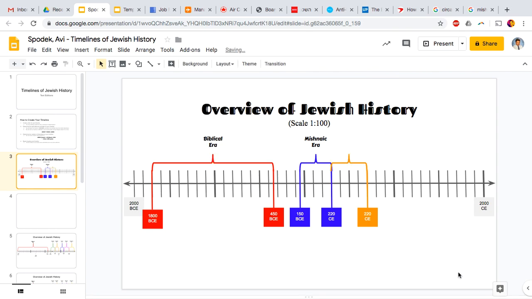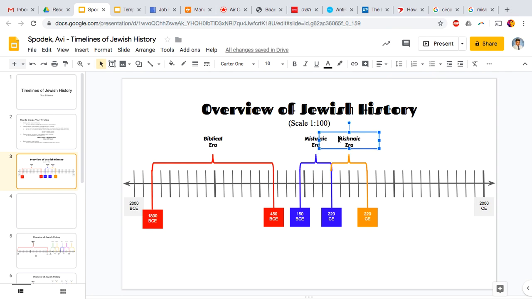And now you see the next era, which is the Talmudic era. So copy and paste, move this over here so it's nice and aligned, move it up so it's aligned with the other ones as well, and we'll call it the Talmudic era, which allows